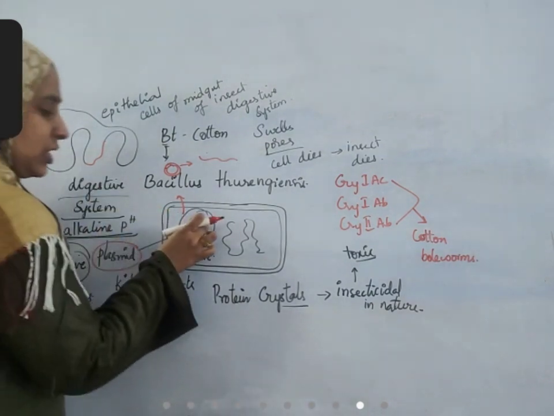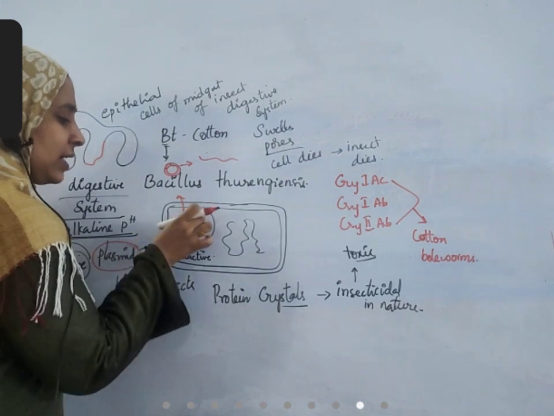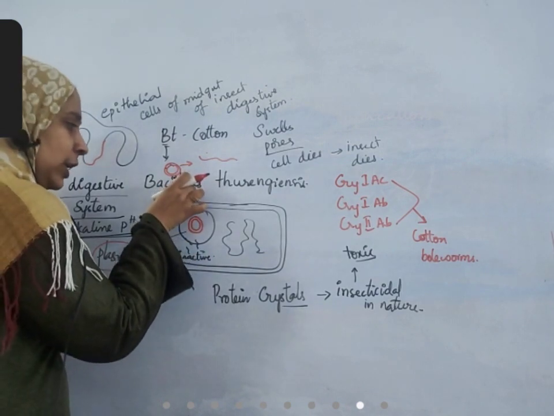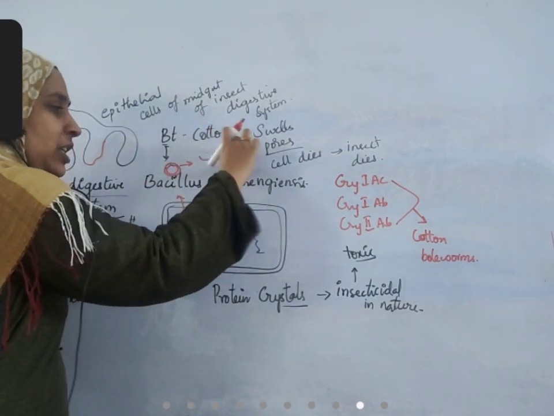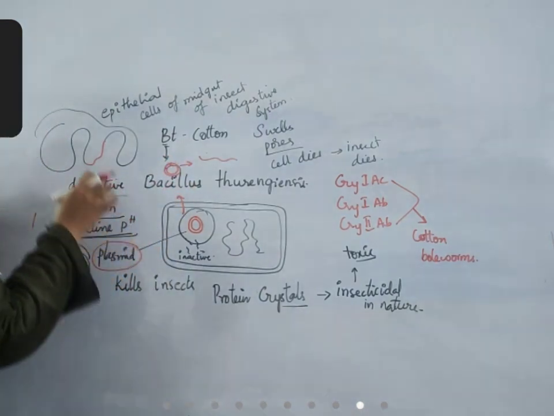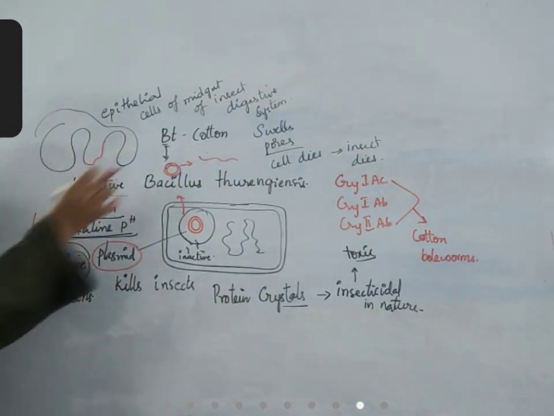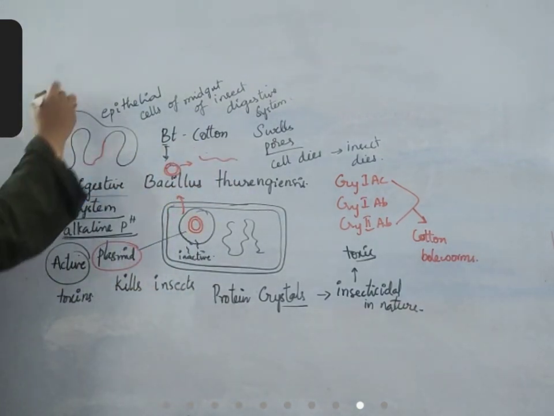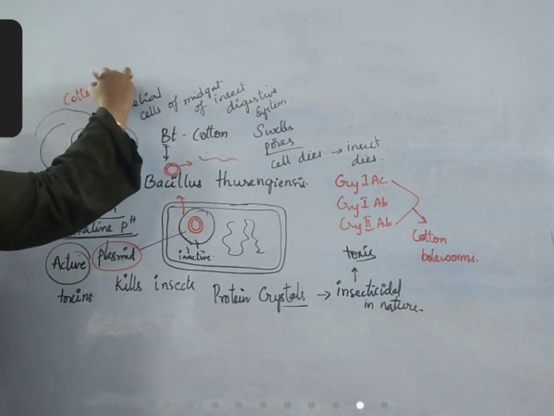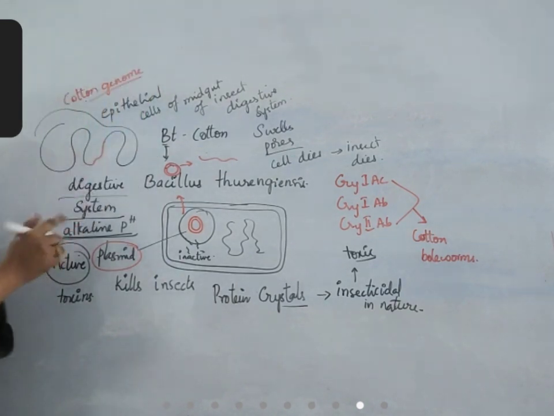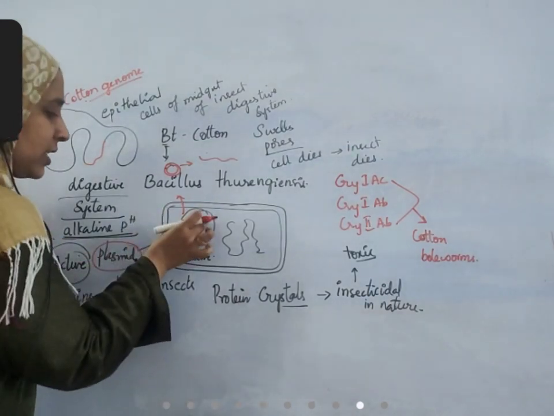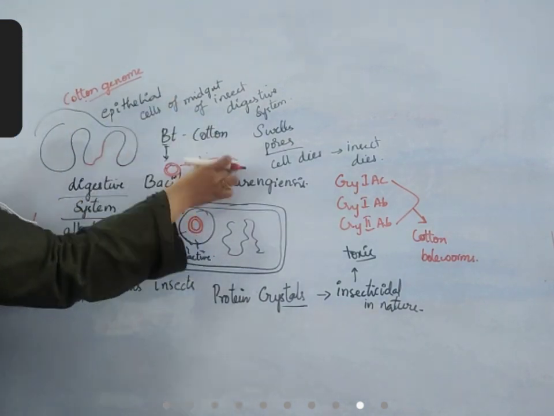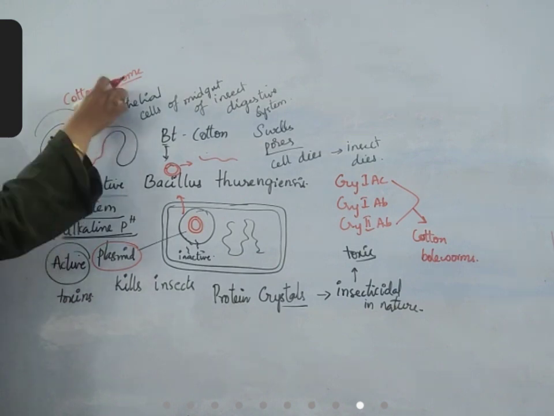So, the gene which has these properties is identified by scientists and separated, that is, taken out of the bacterial body and turned into a linear chain. In this circular form, it cannot enter the genome of the cotton. So, it should be broken down to form a linear chain and this linear chain is introduced into the cotton genome. Okay, there are techniques for this. How it is done, we'll study later. First of all, you understand that this circular plasmid is broken, made into a linear chain, and introduced into the genome of cotton.